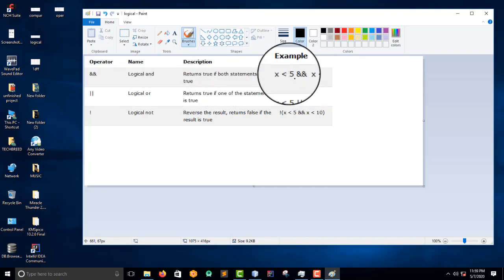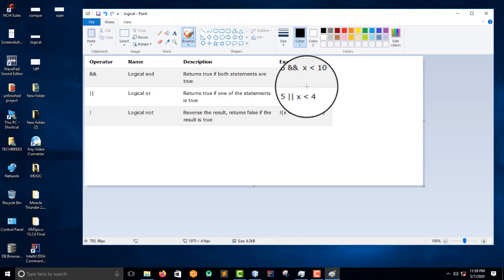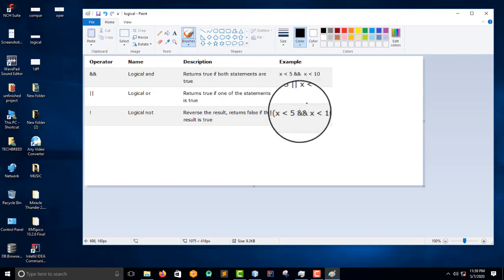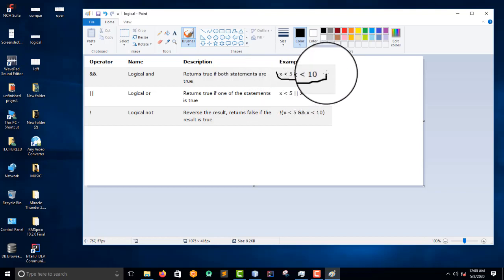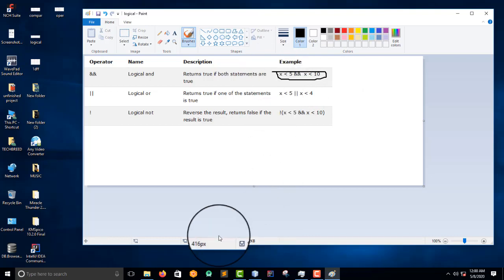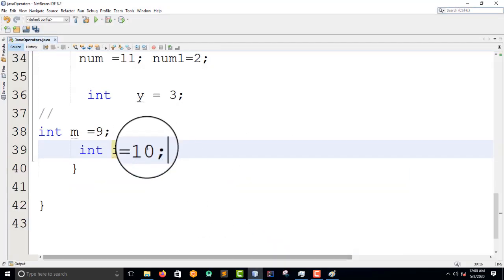For example, let's see, x is less than 5 and x is less than 10. It returns true or false depending on whether both statements are true or false, you see. So you guys just write this down and let's see what will be at the console. Let me do one example.